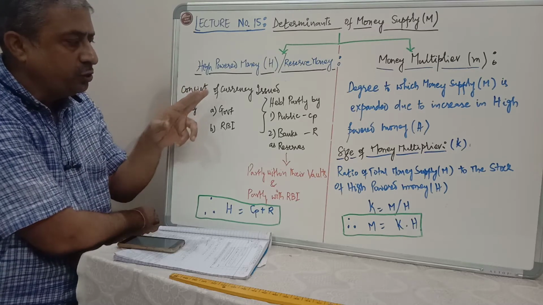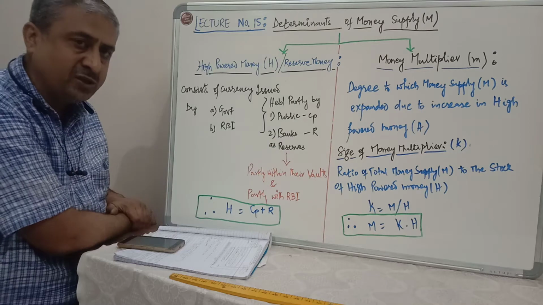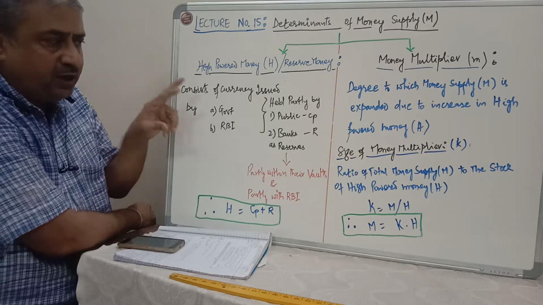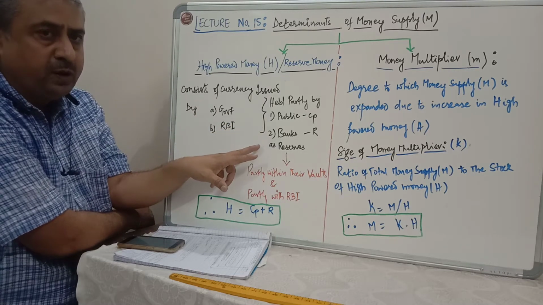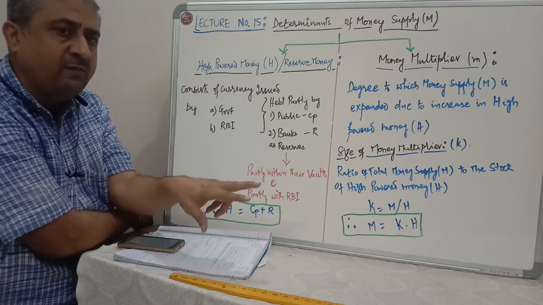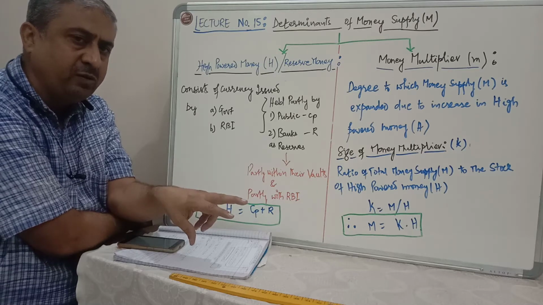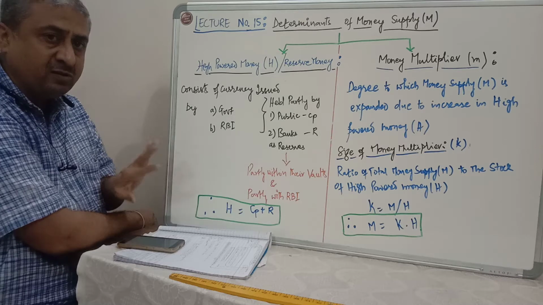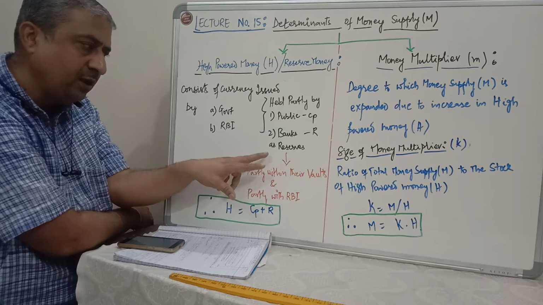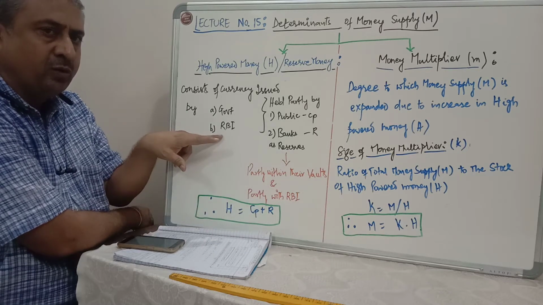High-powered money consists of currency issued by government and RBI, which is partly held by public called CP and partly by banks as reserves called R. This currency is partly held by public for consumption. It is partly held by banks. Again, this money is also the money of the public, which is kept as savings with the banks. And banks, from those savings, keep aside some money as reserves, right? Now those reserves are held by the banks partly and they are kept partly with RBI. The money that banks keep with RBI is known as CRR,